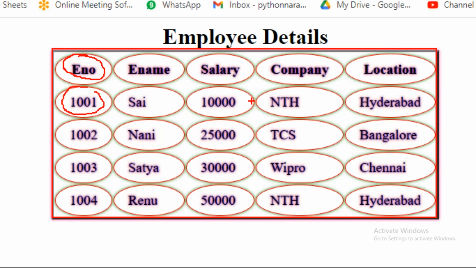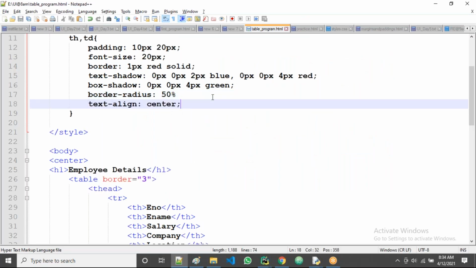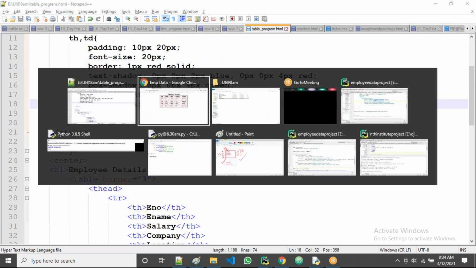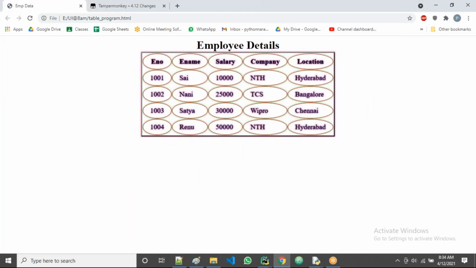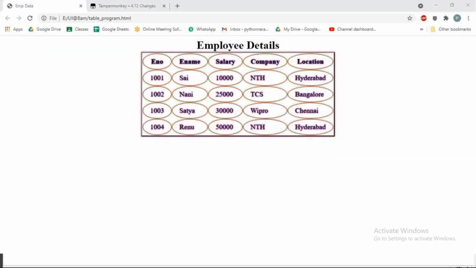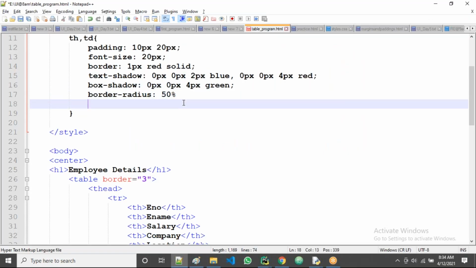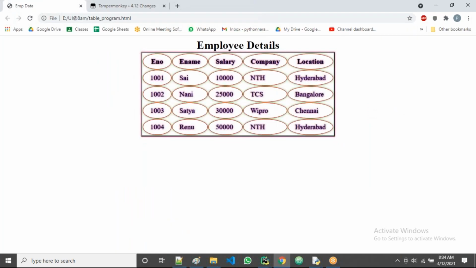Okay, fine. Here we'll take now text align, guys. I'm taking now center. Let us see now. See, currently the text is on the left side, not in the exact middle, right? I'll refresh it again. What is happening here? The radius is not working properly. Okay, if you remove this one, they're working, guys.